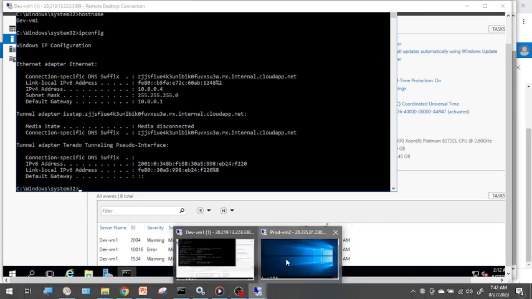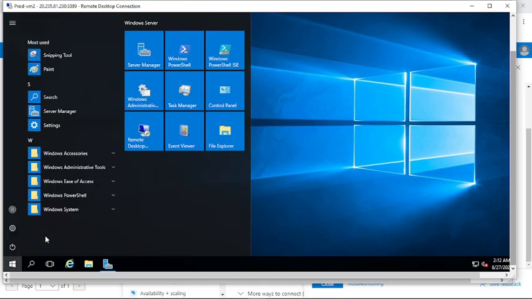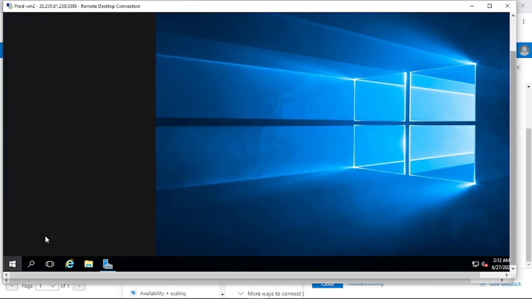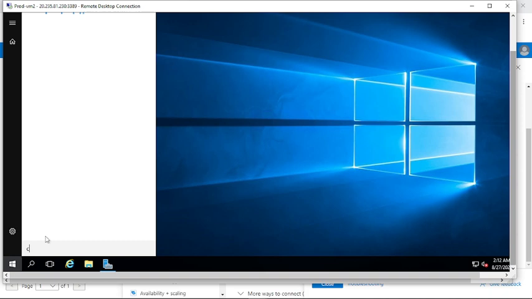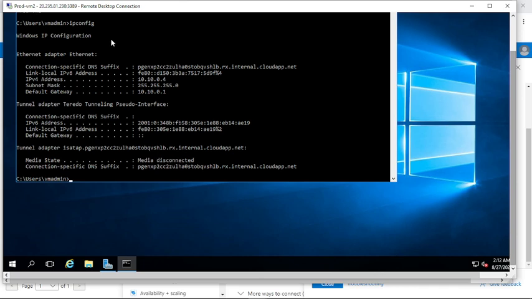Similarly, we'll go to the second virtual machine. Here open the command prompt. Check the host name. This is the production virtual machine. The IP address we are getting is 10.10.0.4. So if I try to ping the first virtual machine, 10.0.0.4,